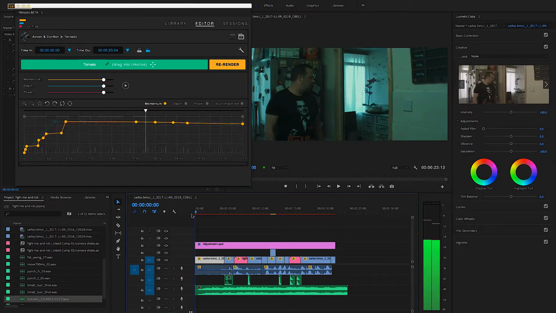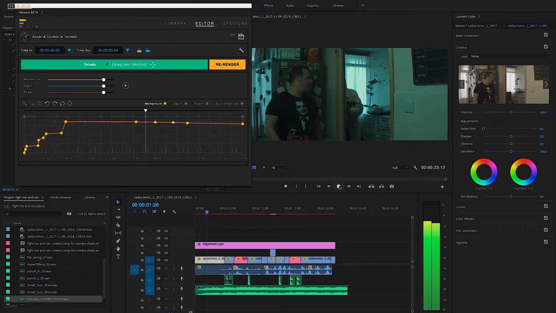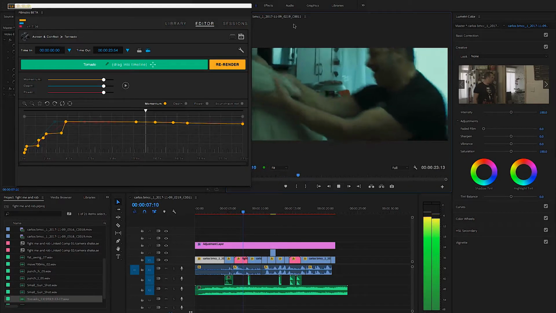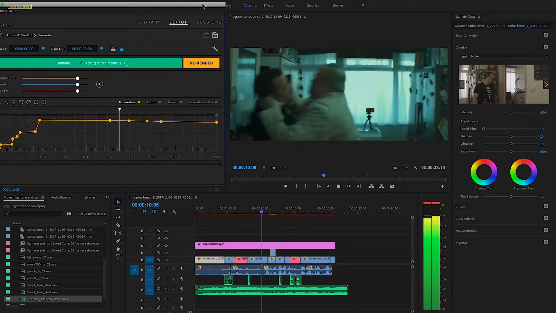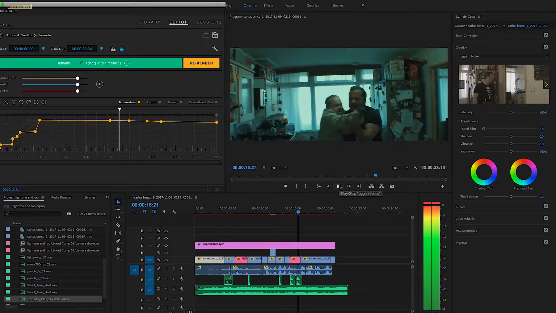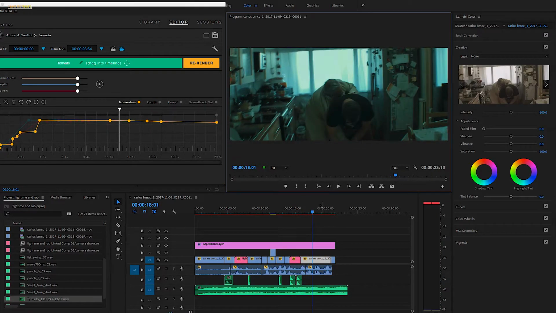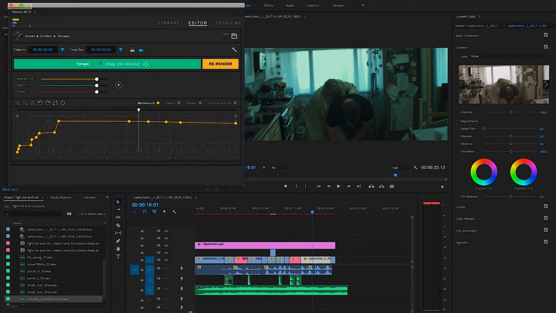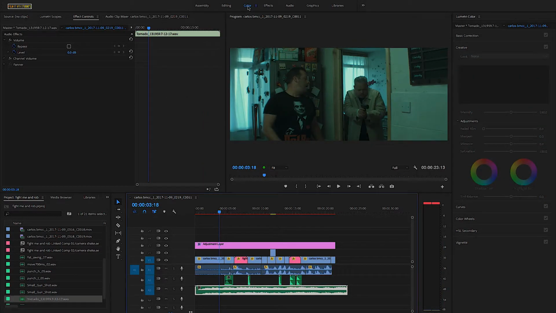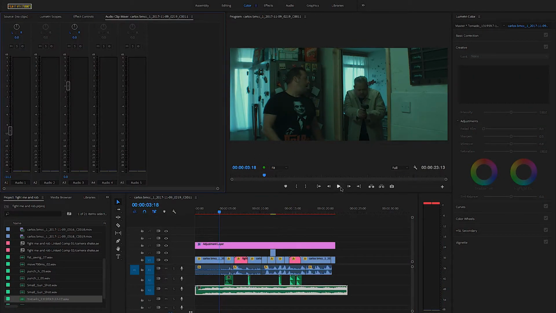Okay, so let's go back to the start and play the original timeline from the timeline so we can see what we got. Right, that sounds okay, but I think the sound effects are overthrowing the soundtrack. So I'm just going to shrink this. You can shrink it and go to your timeline or wherever your timeline is. And I'm just going to select this track. I'm going to go to my audio and